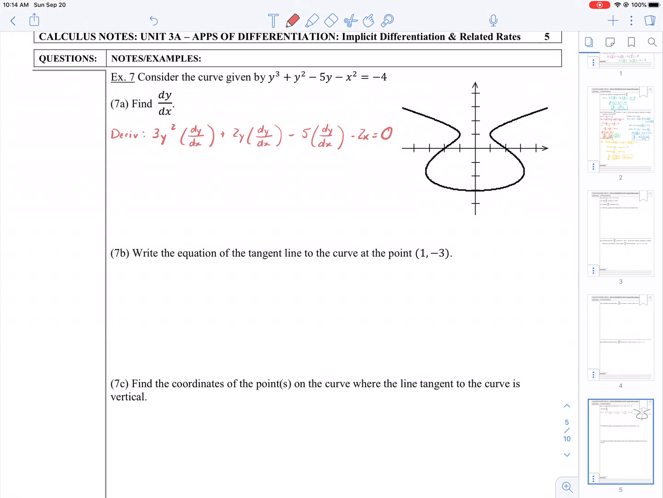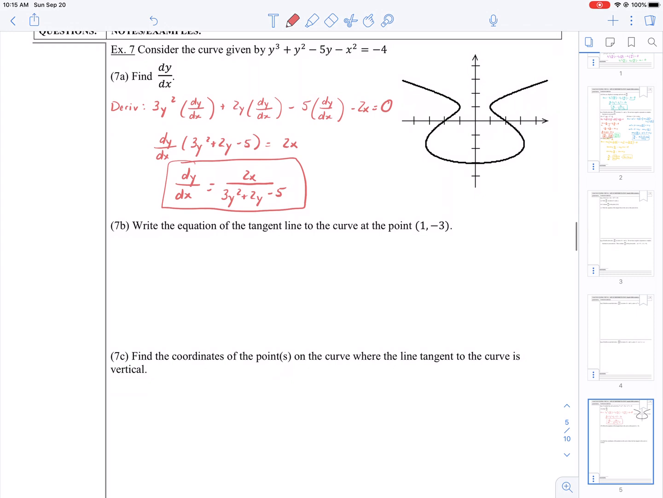I'm going to move the 2x over, then I'm going to factor out a dy/dx from all of these other terms. Then I would have added 2x to the other side. So my last step is just the division piece. So dy/dx is equal to 2x divided by 3y squared plus 2y minus 5. So that is the equation that's going to represent slope at any point I want on that curve, but it